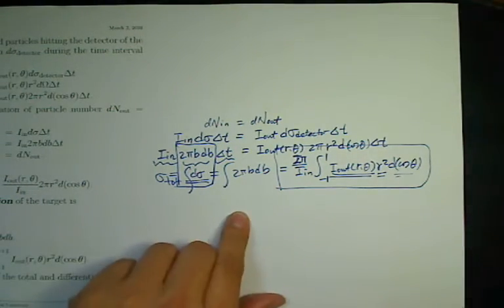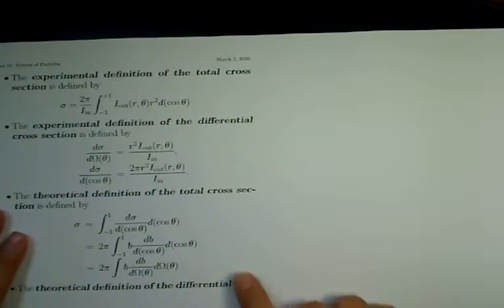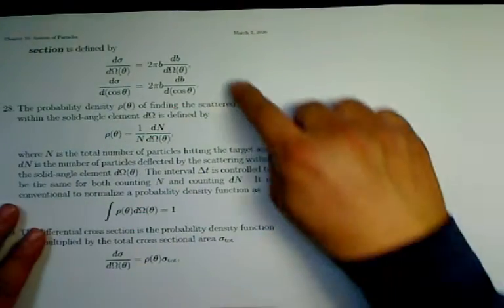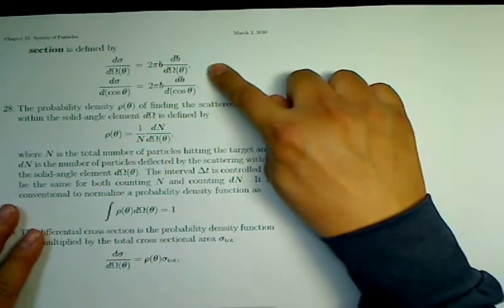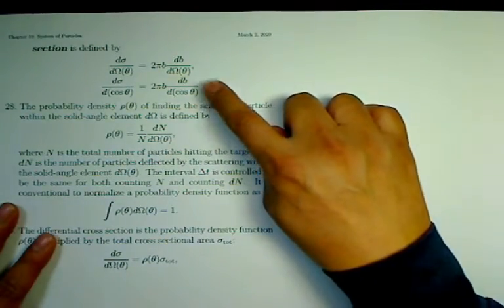So this is the way to compute the total cross-section. And there are various formulas you can follow. This is for the general case, and in case there is azimuthal symmetry,